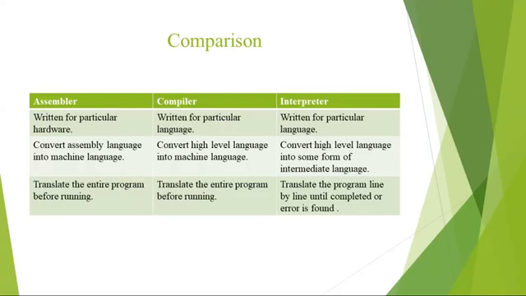The third main difference: an assembler translates the entire program before running. A compiler also translates the entire program before running. So we can say that an assembler and a compiler both process the whole program and show if there is any error in the program. So debugging is difficult in this case because the user can't understand where the specific error lies in the whole program. While the interpreter gives you an advantage over the assembler and compiler, that is, the interpreter converts the program line by line,